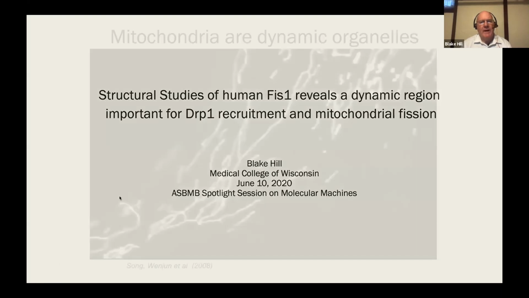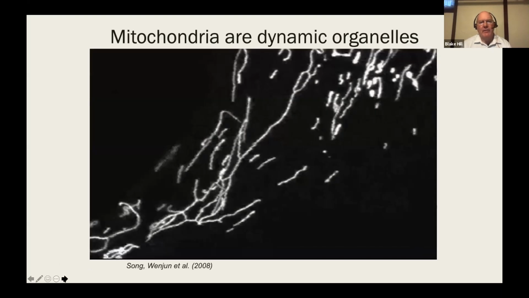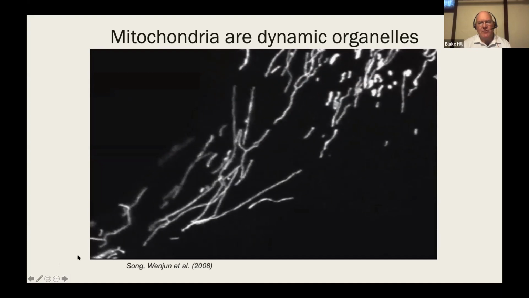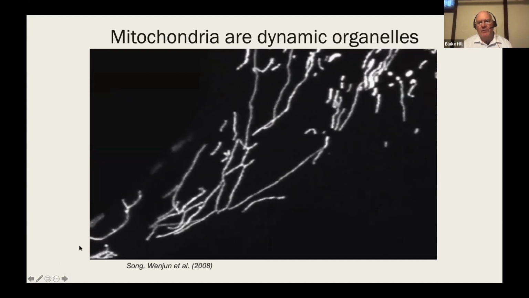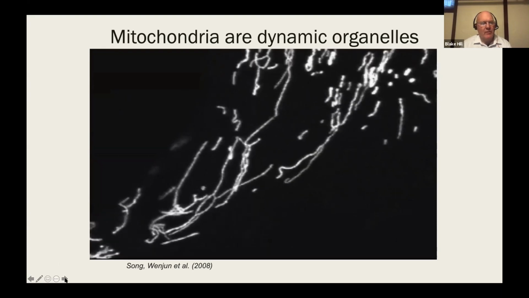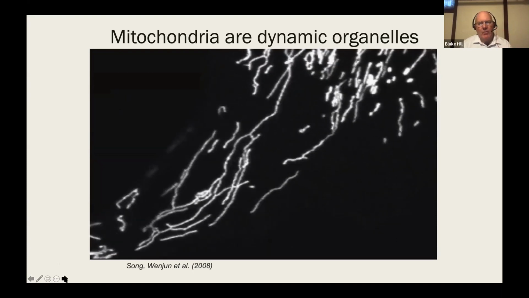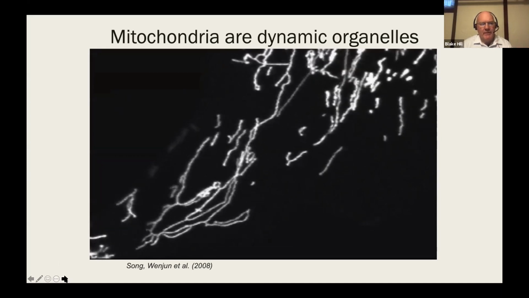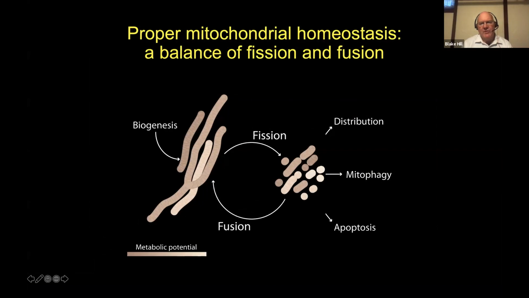As many of you may or may not know, mitochondria are quite dynamic organelles, and they undergo frequent fission and fusion events that are important for function. This has been recognized for well over 100 years now, but the exact role that it plays has only recently been discovered. What has come through the work of a lot of people is appreciation of a model in which mitochondria undergo fragmentation, and then you have a sort of quality control